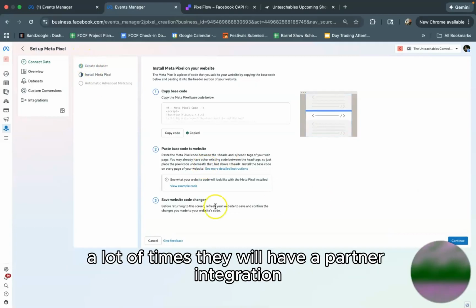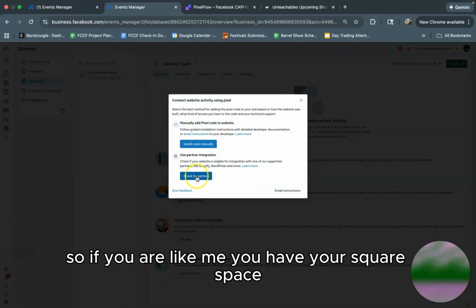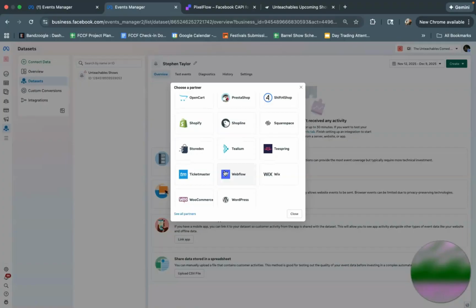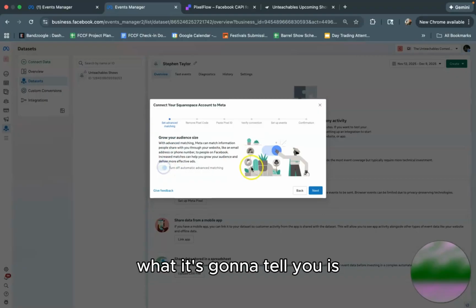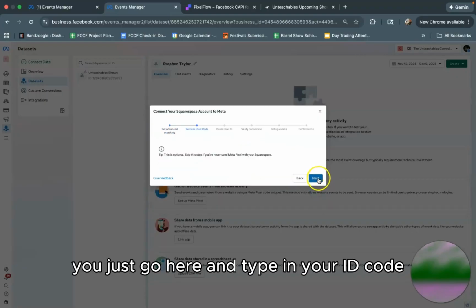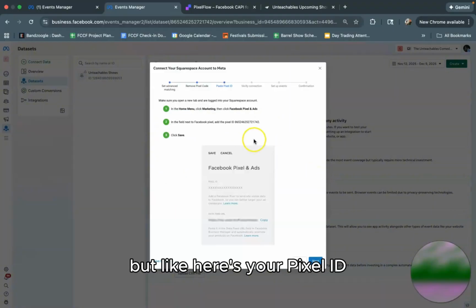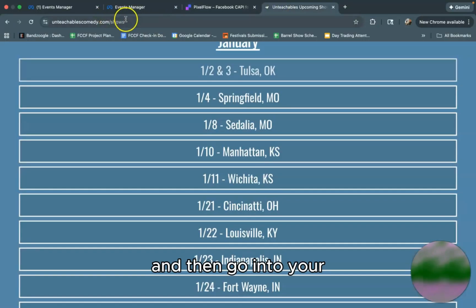The best thing is, a lot of times, they will have a partner integration. So if you are like me, you have your Squarespace, and it's going to tell you, basically what it's going to tell you is you just go here and type in your ID code. It's really easy. But like, here's your pixel ID. Make sure you don't get that period. And then go into your